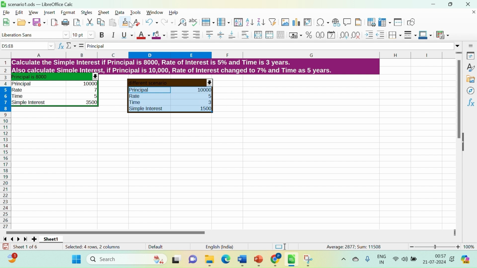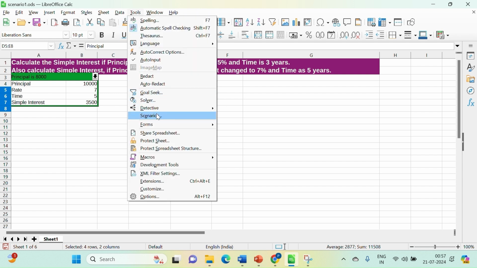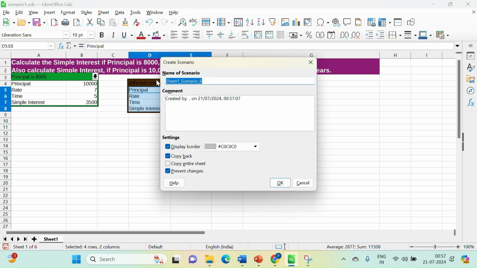So I've selected the data, again clicking on tools, then scenarios, then this is without checkbox.